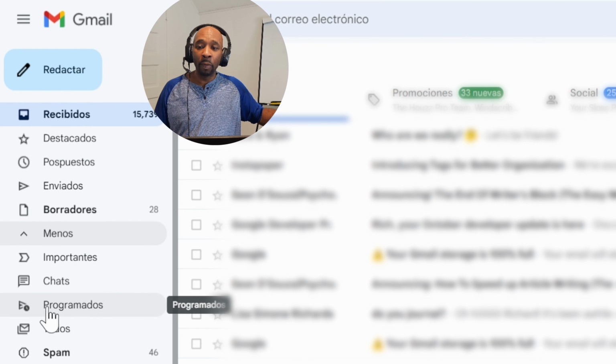Then we have programados. Programados. What do you think that means? Hint, always pay attention to your root words in Spanish. The middle may change, the ending may change, but always pay attention to those root words.